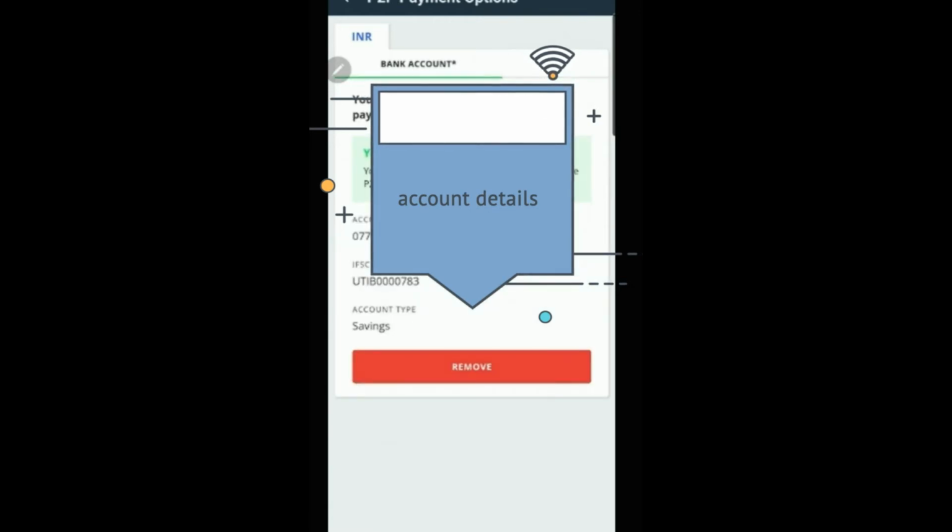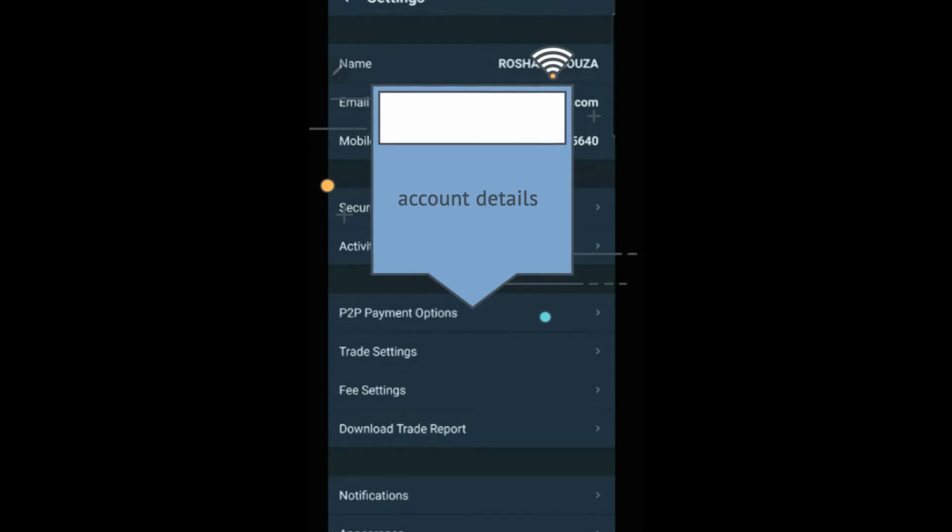So now I'll go back. Once these 4 steps are done, it is very important to do the KYC. It will take 2 to 3 business days to complete all those things. Once your account has been updated, for your note, you always have to transact with the same bank that you entered here. Whenever the deposit part comes, you have to deposit INR to their account through the same bank. Google Pay or Paytm are not supported here. You have to do it only through mobile banking, so download the mobile banking app of your particular bank.